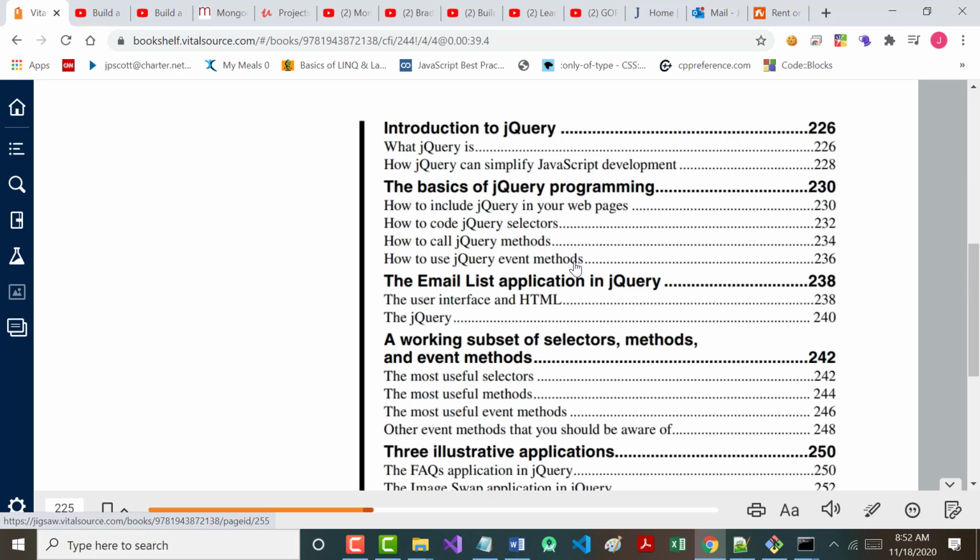There's at least 3 different ways that you can include jQuery in your web page. I'm going to show you all 3. All right? How to code jQuery selectors. It's not going to look that different from when we used the $ for document.getElementById. The difference is going to be that $ now means jQuery. So that line that you always put in there, var $ equals, don't put that line in anymore. All right? So we'll talk about some of the built-in jQuery methods, some of the built-in jQuery event